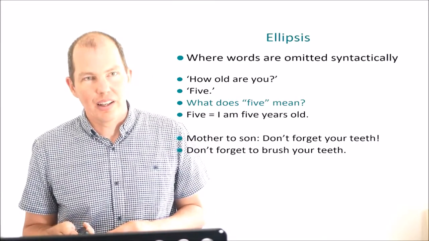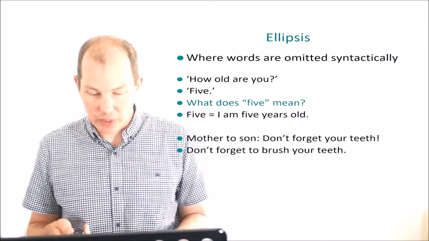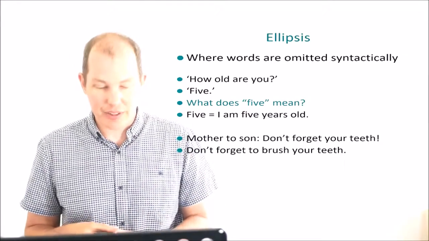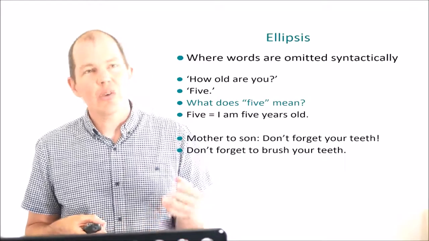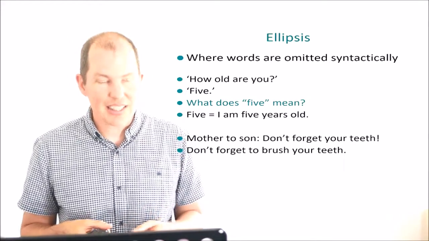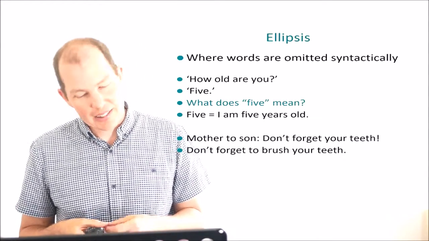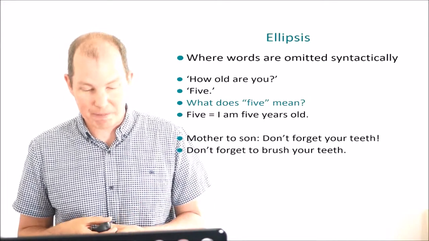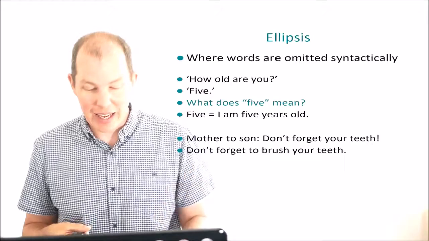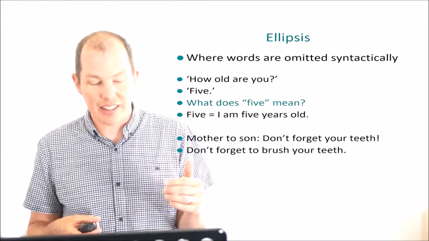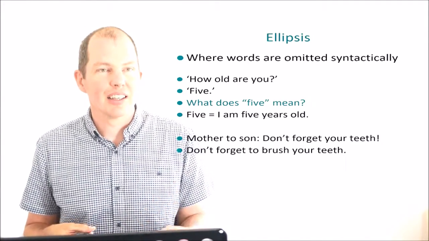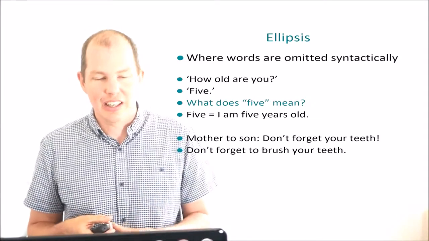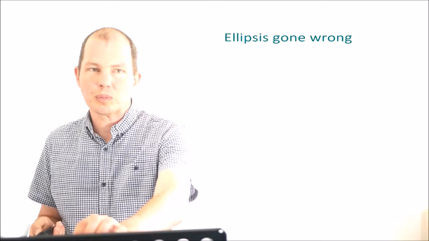As another example, I recently heard my wife calling out to our son as he got ready for school, saying, "Don't forget your teeth." Of course, there's no real danger of him actually forgetting his teeth, unless they've been asked to bring in teeth that have fallen out to school for a show and tell or something. She expects him to be able to enrich what she has said and understand that she doesn't want him to forget to brush his teeth, although she has made an ellipsis of the words "to brush" in her sentence.